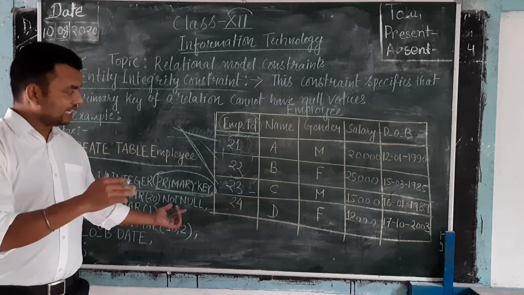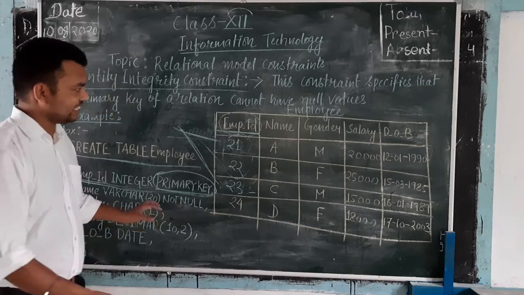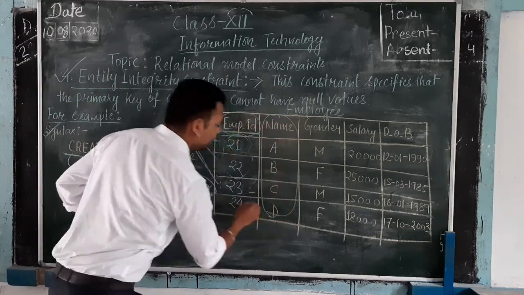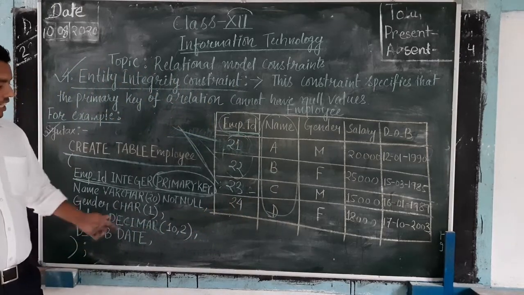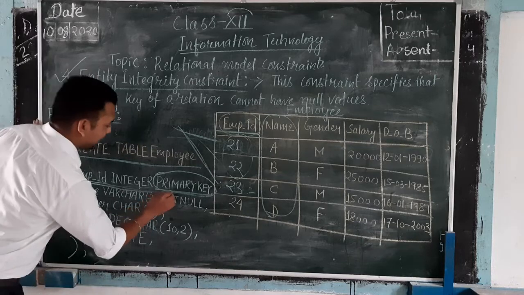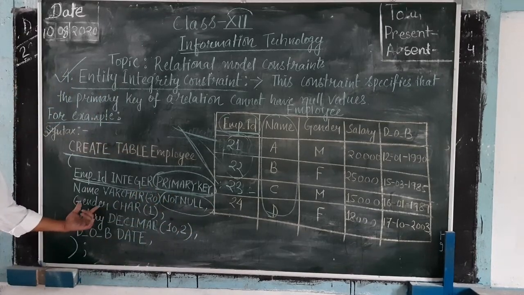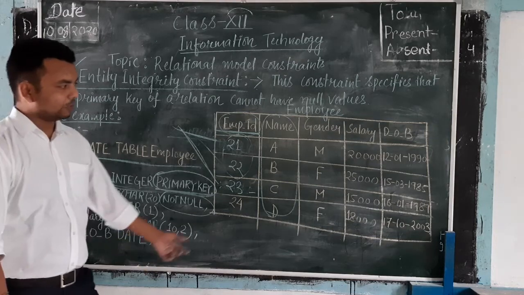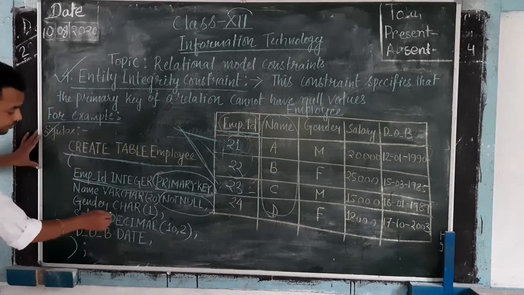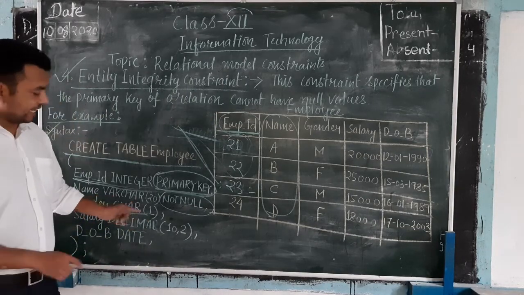Now earlier, in our previous not null constraint, we have already discussed that the name field also cannot be null, because each and every employee working in an organization will have a particular name. So it has been declared with the NOT NULL constraint. Then the gender attribute. Here only one character is used, either male or female. That's why we have taken the data type as character with 1 in brackets.